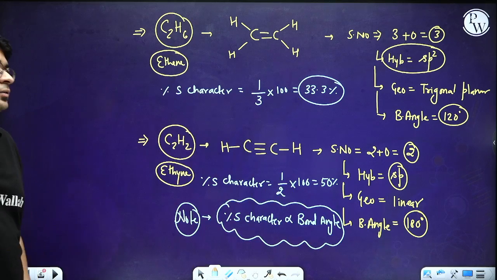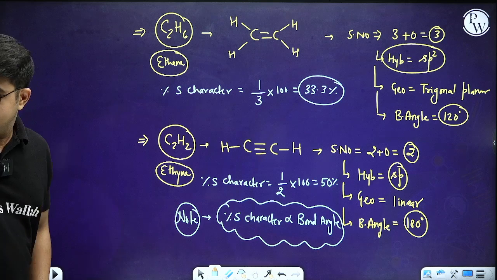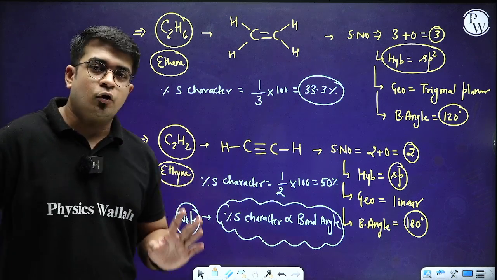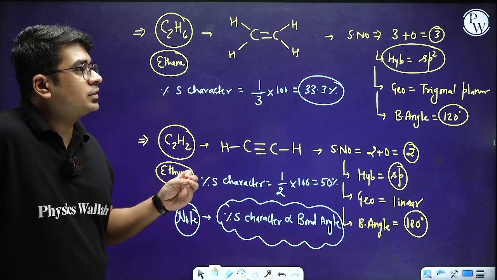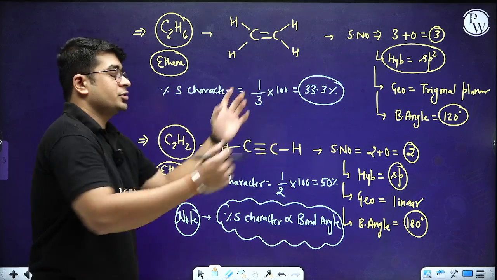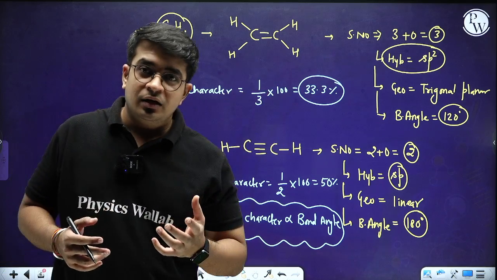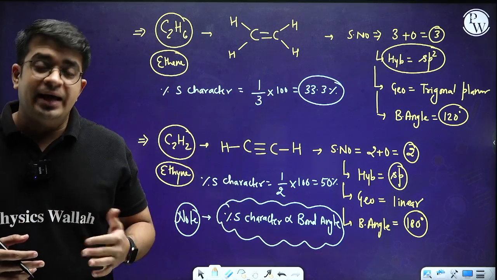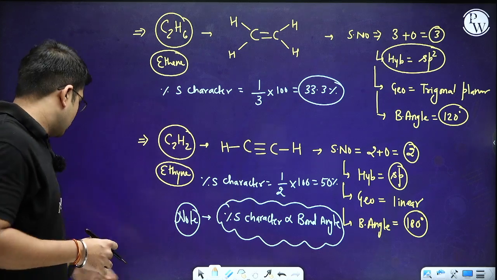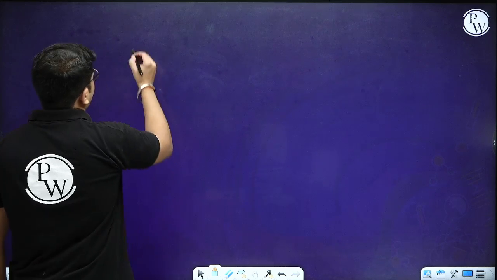Just have a look at it. These are the basics from your chemical bonding portion. So I know that you guys are already aware of these entire parts, like what is the hybridization, how to calculate the hybridization, what about the calculation of bond angle, as well as the analysis related to their percentage s character. Now one thing which is very important from VBT